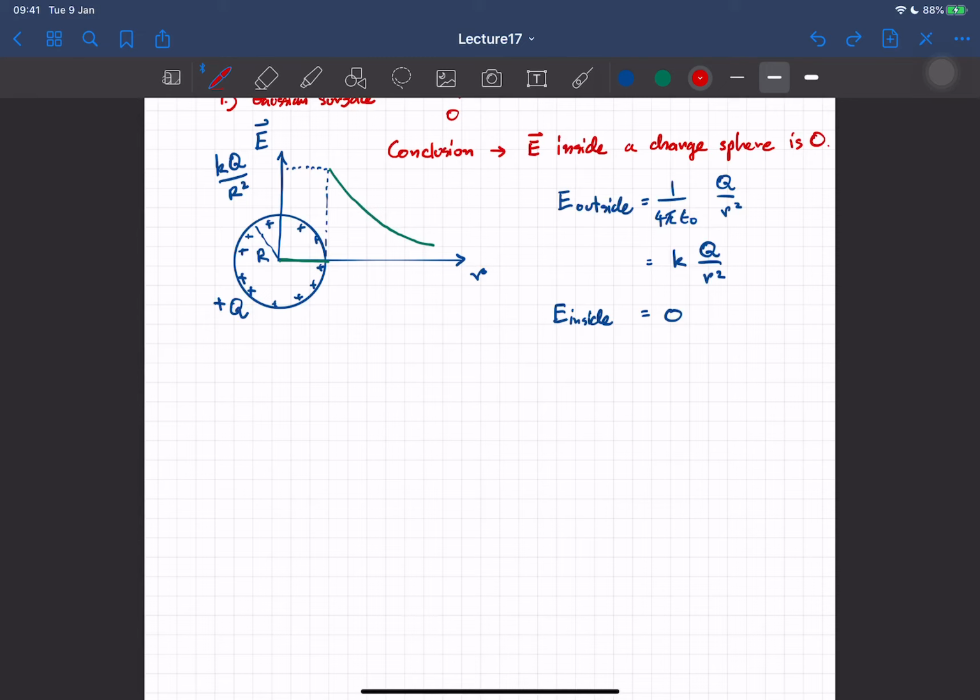So it's kind of good to know in which situation you can use it, and in which situation it's probably useless to try to apply that. There's one more example I want to talk about using Gauss's law,